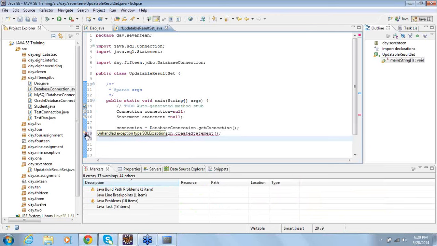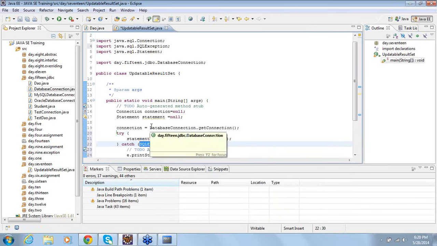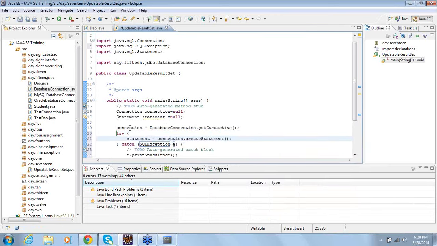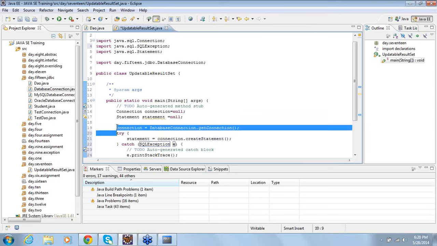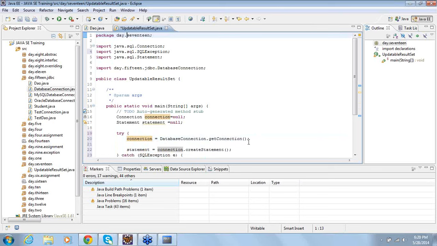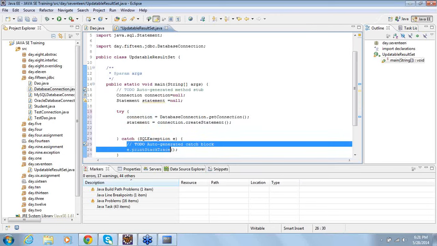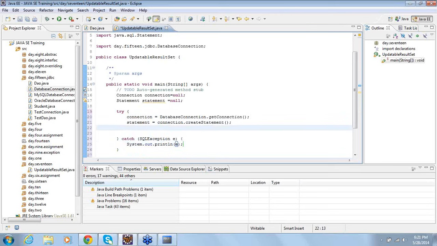Then unhandled SQL exception is a what type? Checked exception. SQL exception is a checked exception. So checked exceptions, you are forced to handle them. Then you got a statement, okay, and